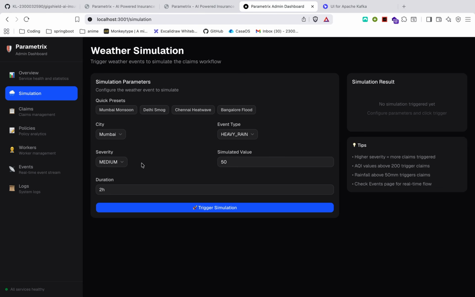And this is the simulation section. Generally the user registers into the application and buys the policy, but for demo purposes we need to simulate a weather hazard, so that I can show you how the claims are going to be generated, right? I can't just wait for the weather to go wrong and then the claim is going to generate. Instead, I am going to generate a simulated